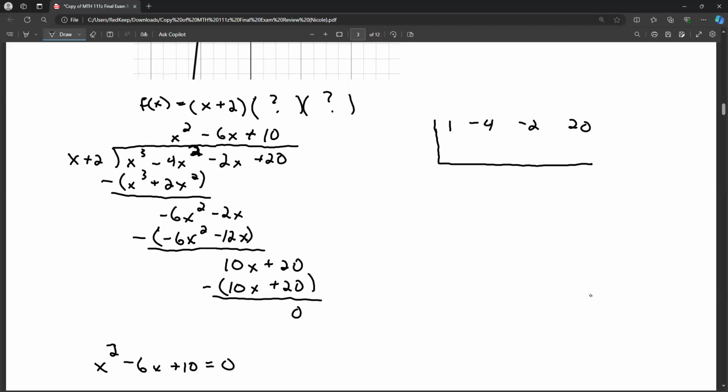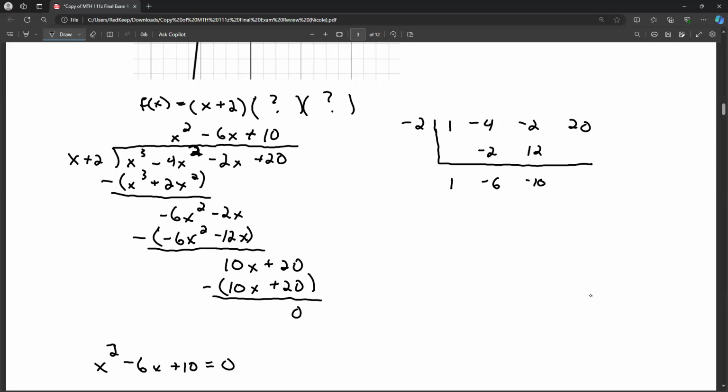We saw that negative 2 was a zero, so we use the negative 2 here, bringing down the 1 below. Negative 2 times 1 is negative 2. Negative 4 plus negative 2 is negative 6. Negative 2 times negative 6 is positive 12. Negative 2 plus 12 is